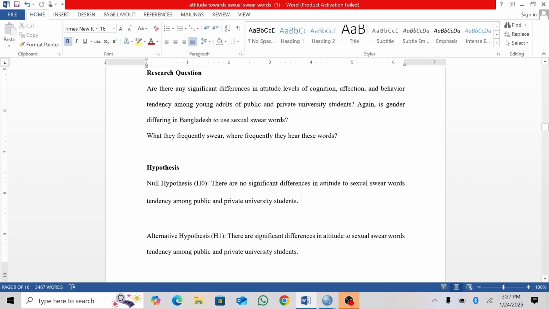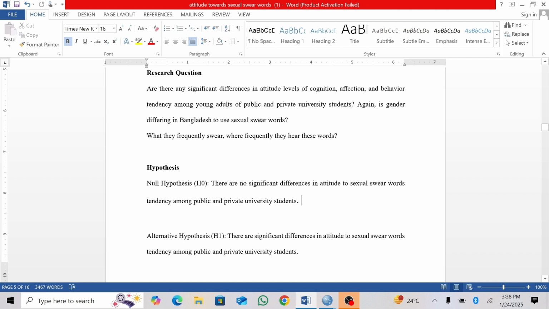Here, cognition, affection, and behavior tendency were my three dependent variables. I mean three separate scales. Then my independent variable was young adults, public and private university students. So now, the hypothesis. The null hypothesis says there are no significant differences, and the alternative hypothesis says there